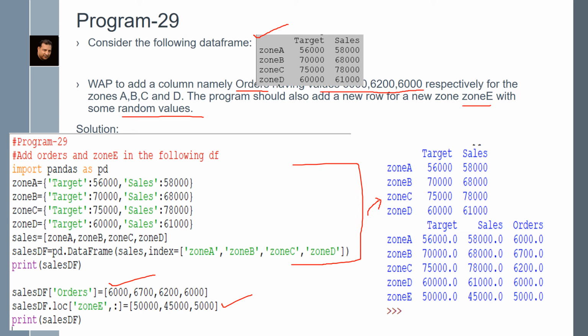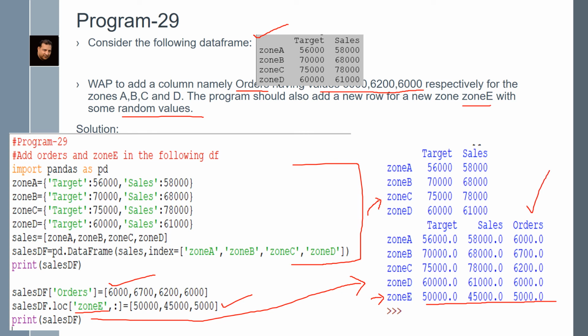Then write sales df dot loc zone E comma column, and then provide 3 values. Then display by writing print. See this output. We have a new zone with these values and one more column.